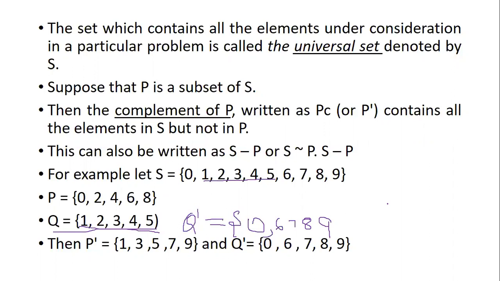Rajeshwari, please check the numbers. No, it is not 6, 4, because you have to compare set Q and set S. So that is how you get Q dash or Q complement. Many of them are saying 0 has to be added, Sindhu. 0 is important because that's also an element. So we'll solve one more example, and then you will be able to relate it easily.